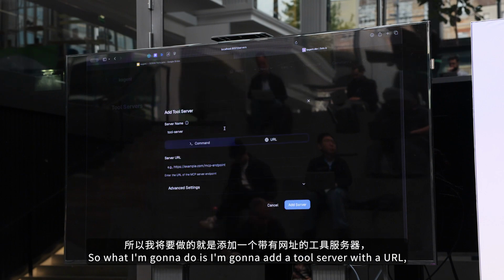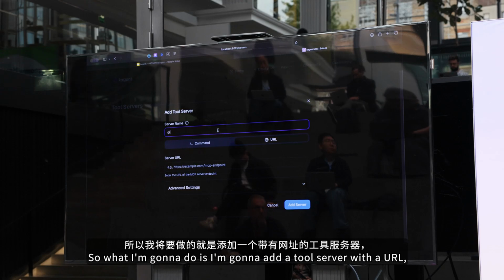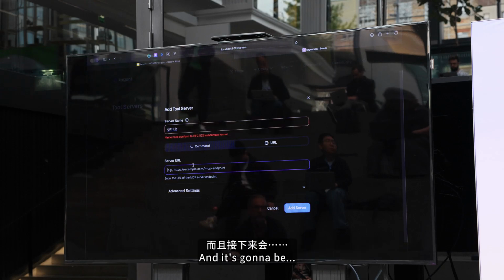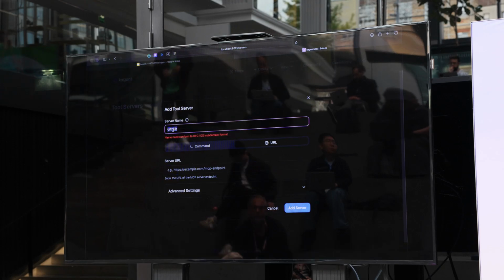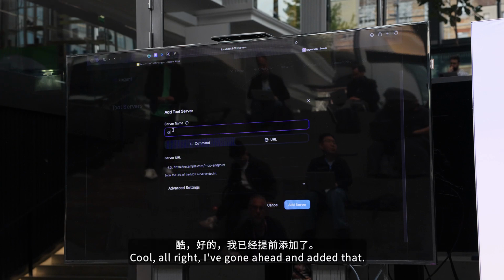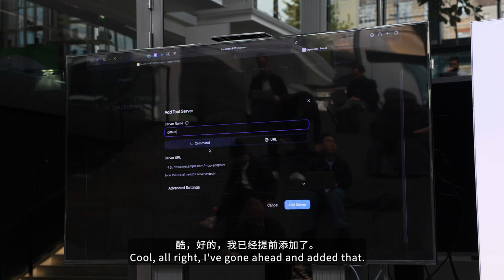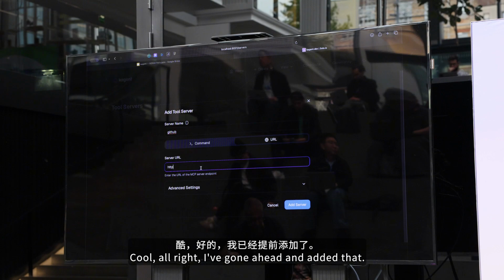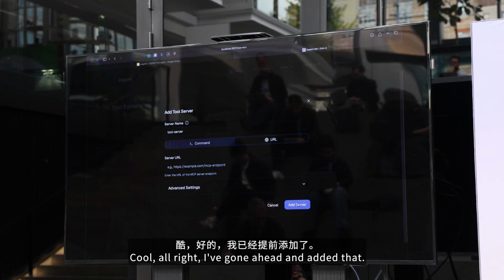So what I'm going to do is add a tool server with a URL. We're going to call it GitHub. Cool.